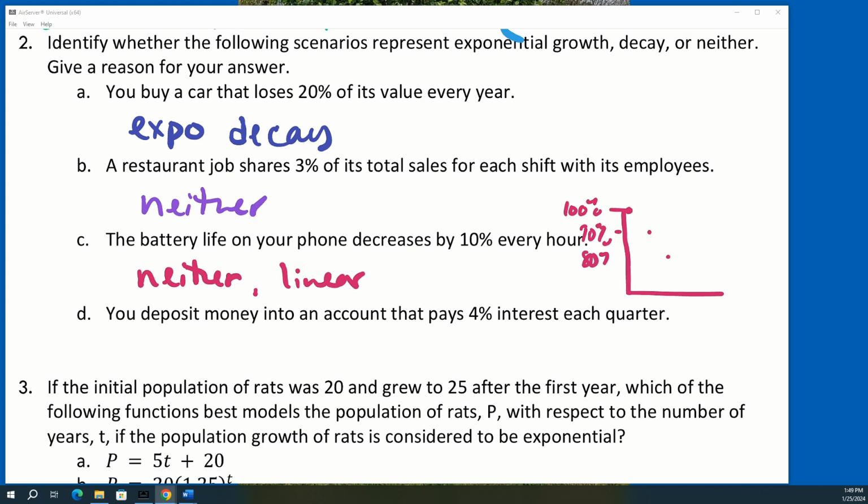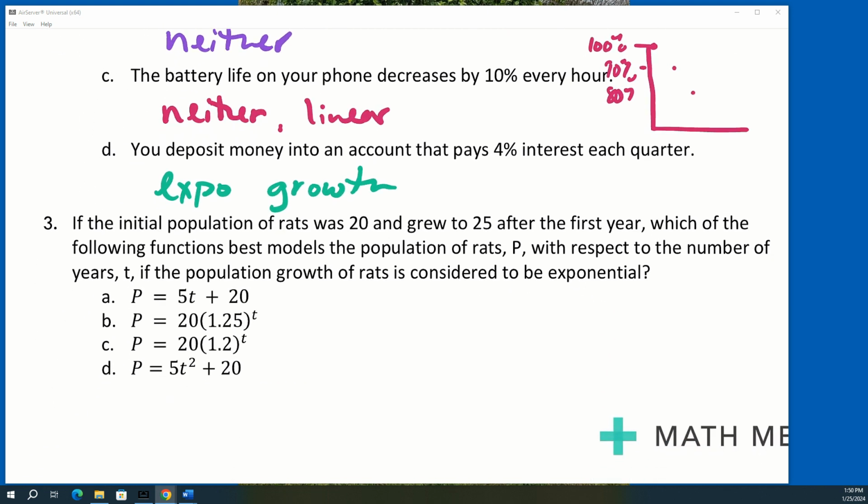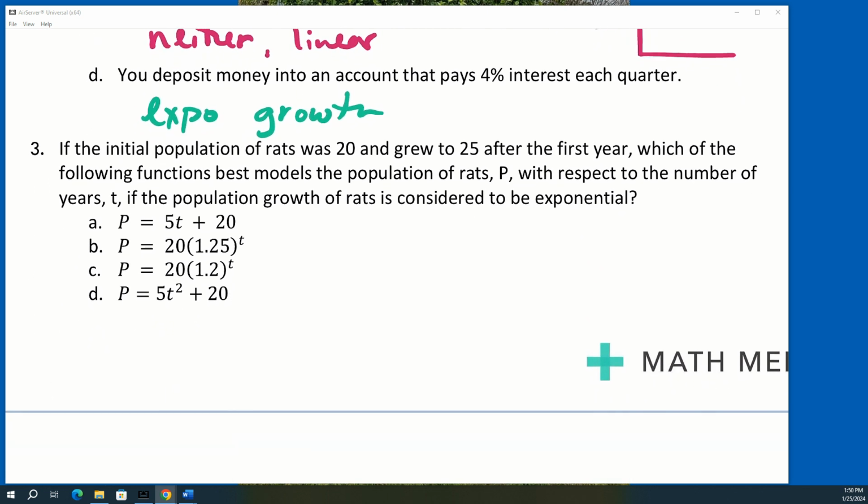You deposit money in an account that pays 4% interest each quarter. Exponential growth, exponential decay, or neither? Exponential growth. That's what you want to see. Put that $1 million in there. Keep getting a bunch of interest. Every quarter, though. Yeah, every 3 months, and then every 3 months. Like, this is crazy. Quarter of a year. Okay. All right, and then for number 3,